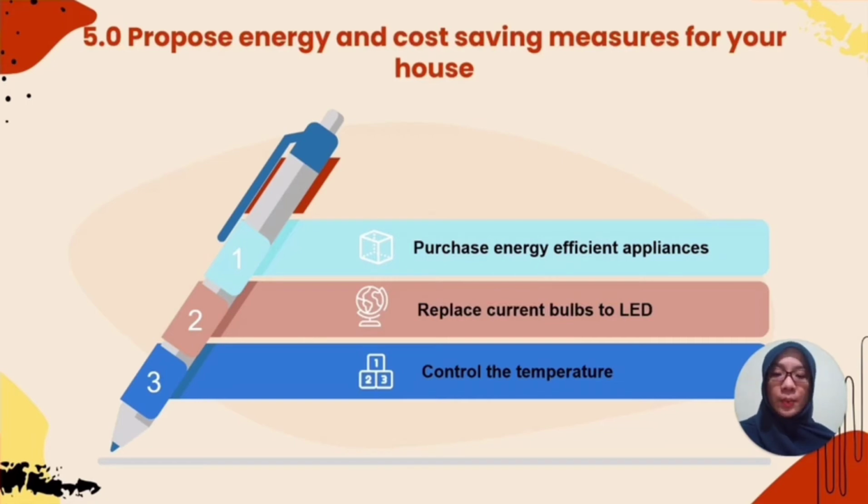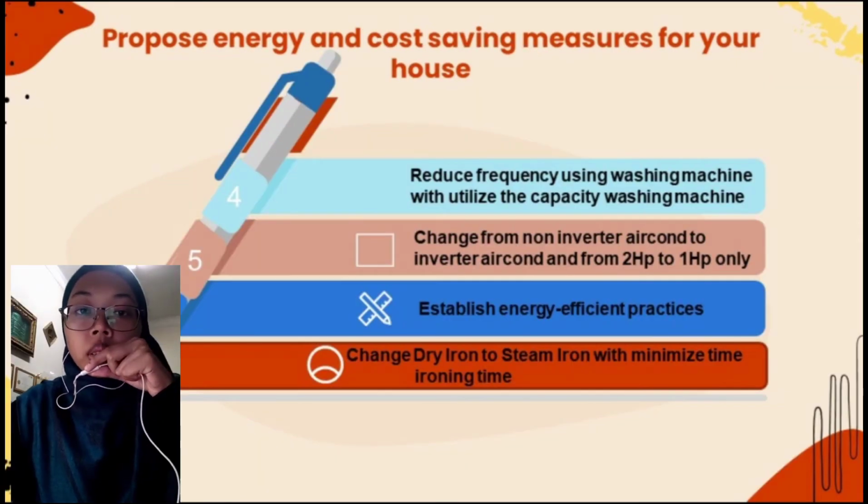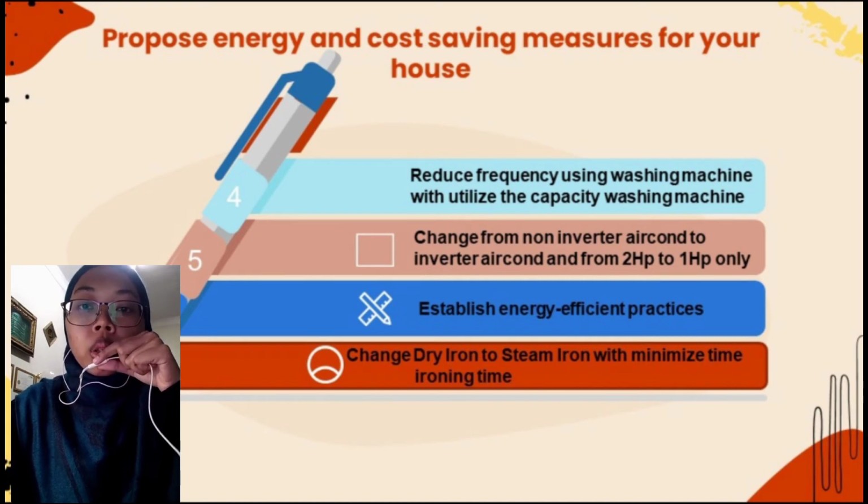That is to control the temperature. To save money on your bill, regulating the room temperature is important. Cooling your atmosphere to 25 Celsius in summer and heating it to 20 Celsius in winter is recommended for optimum energy saving. Okay, as we did some research through our assignments, we can also propose some ways to save energy